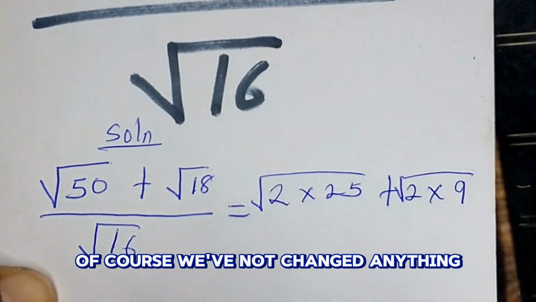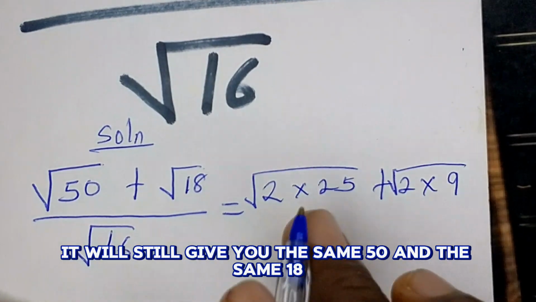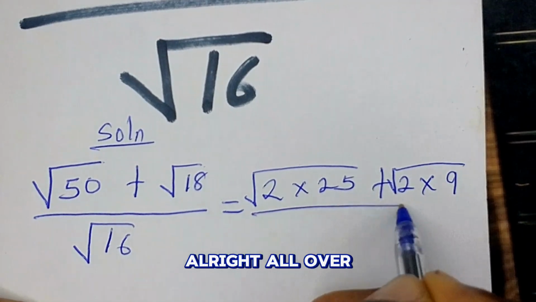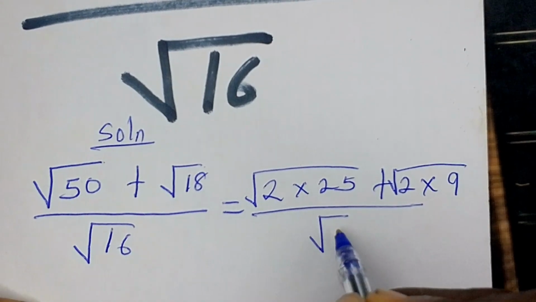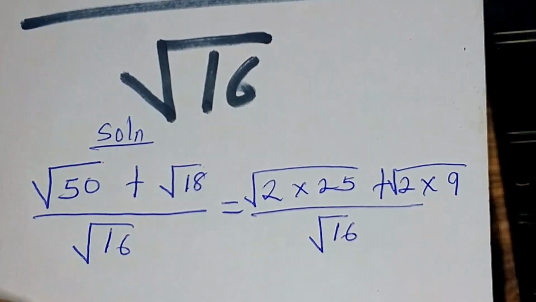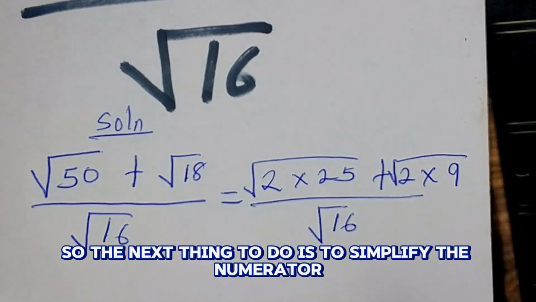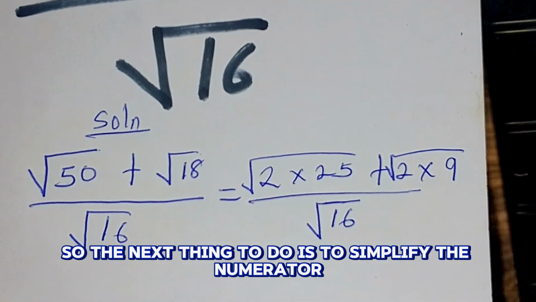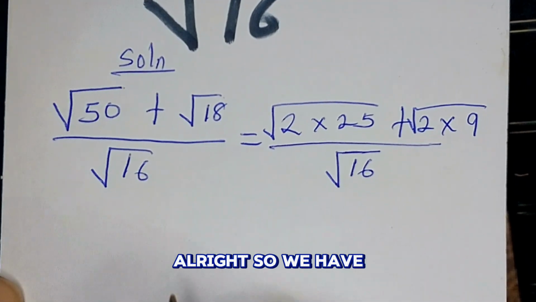Of course, we've not changed anything. It will still give you the same 50 and the same 18, all right? All over root 16. Okay? So the next thing to do is to simplify the numerator. All right? So we have